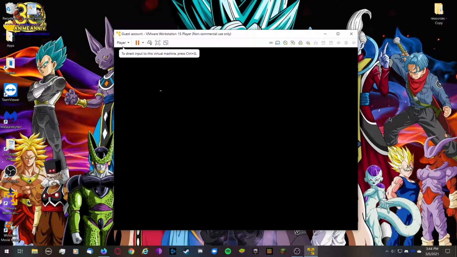For those of you that don't know, there is a secret guest account in Windows 10. You have to have Windows 10 Pro to be able to access it via the group policy editor. If you have Windows 10 Home, I'm not supposed to say this. I'm not supposed to tell you to go out and pirate a copy of Windows. That'd be wrong of me to say, and I don't want to get in trouble for that. But for those of you that